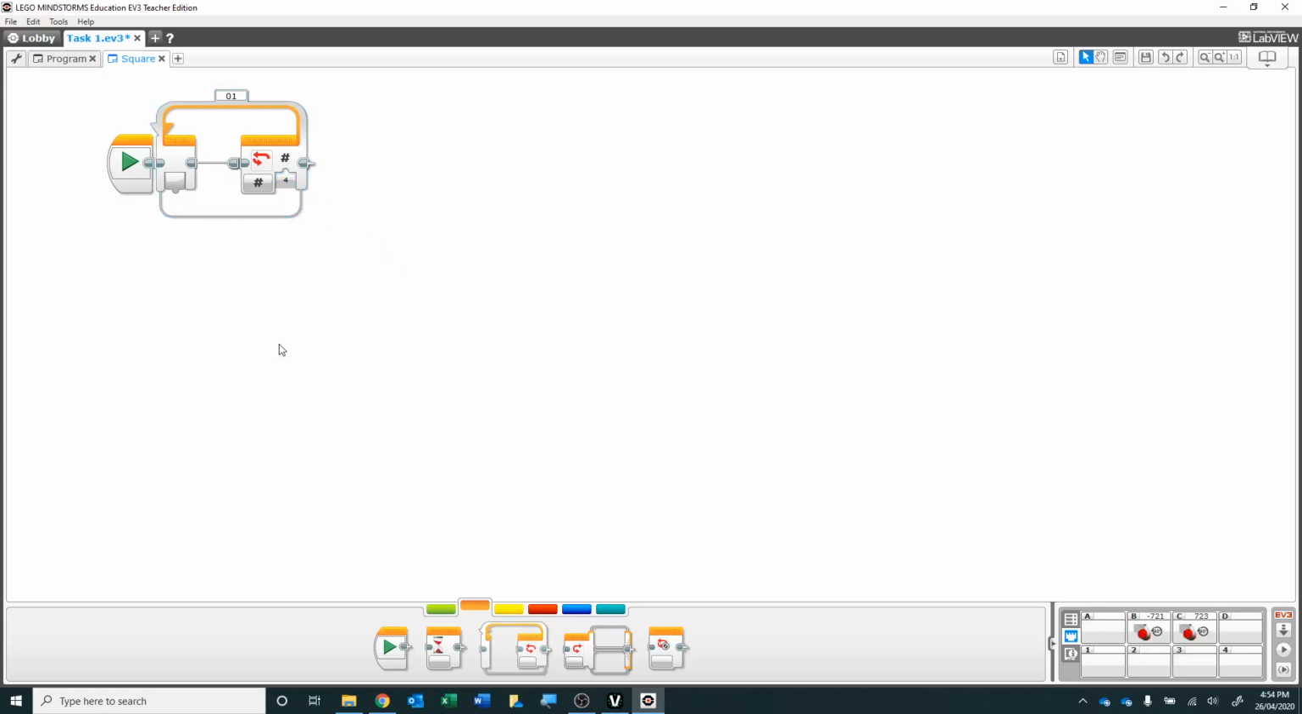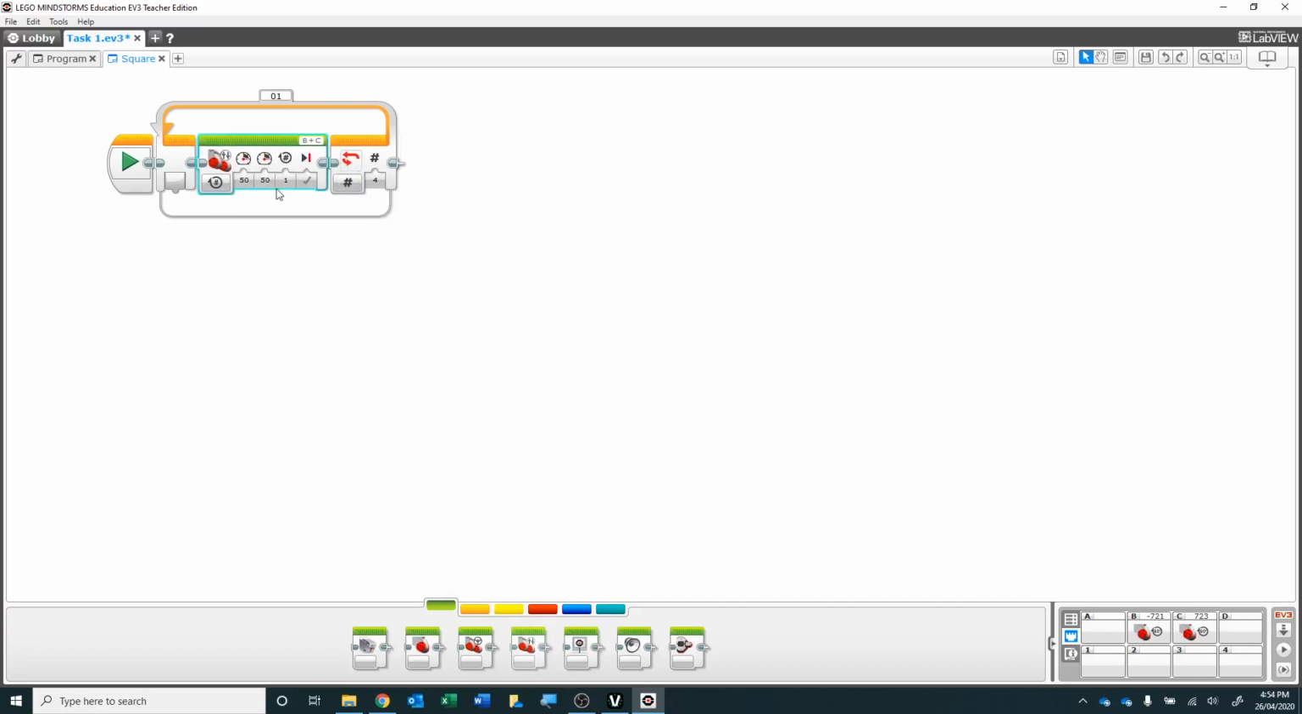And what we're going to do is go forward for 1 rotation, and then we're going to turn right, and we're going to have to pick how far we turn right. So if B is on the left hand side and C is on the right hand side, if we go -50 with